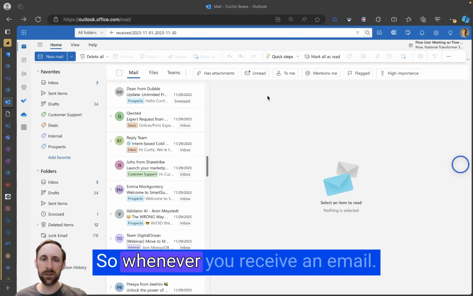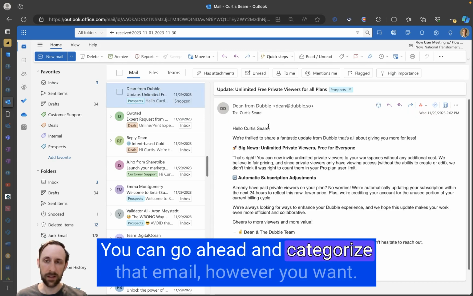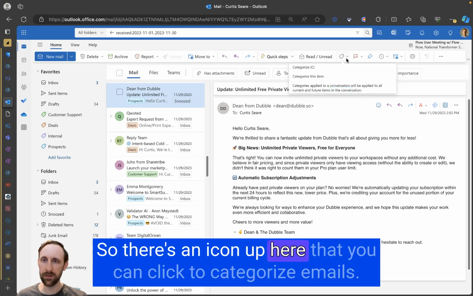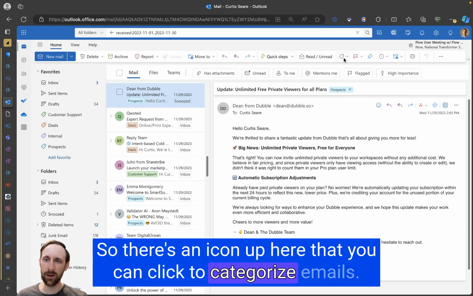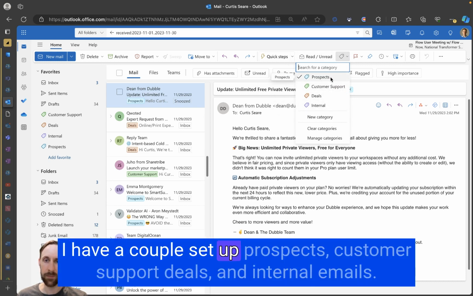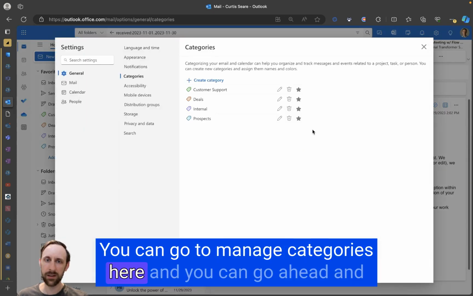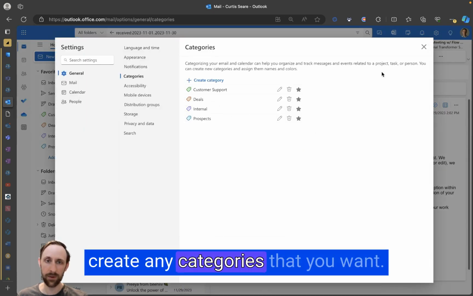So whenever you receive an email, you can go ahead and categorize that email however you want. There's an icon up here that you can click to categorize emails, and you can categorize them as whatever you want. I have a couple set up: prospects, customer support, deals, and internal emails. You can go to manage categories here, and you can create any categories that